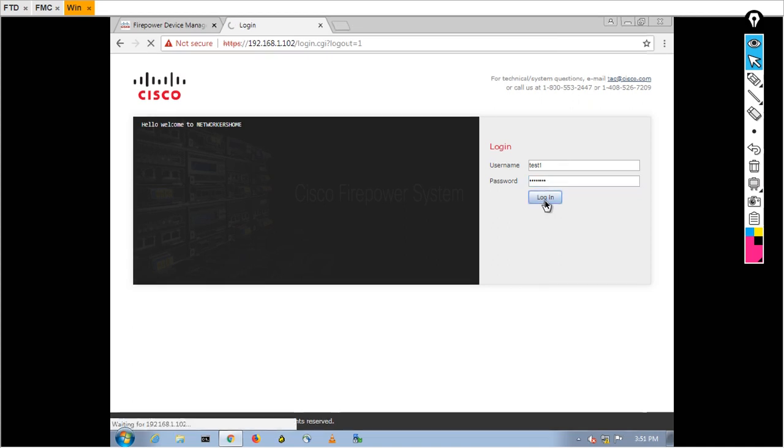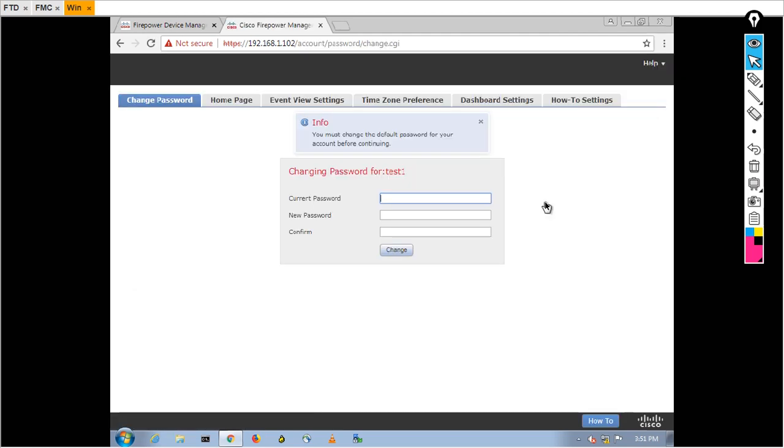Login. You can see here it's asking for the current password and to change your password. The new password is being asked. So quickly I am going to give some new password like test1234, test1234, change.